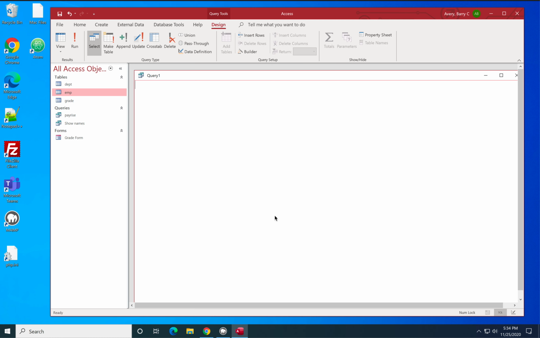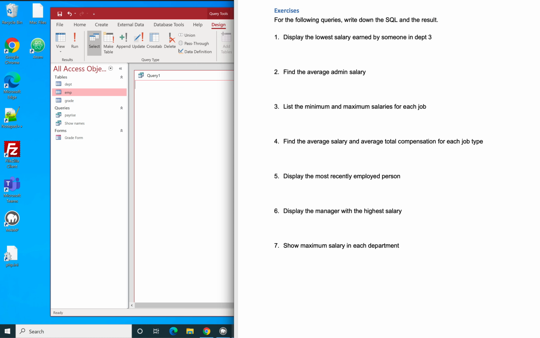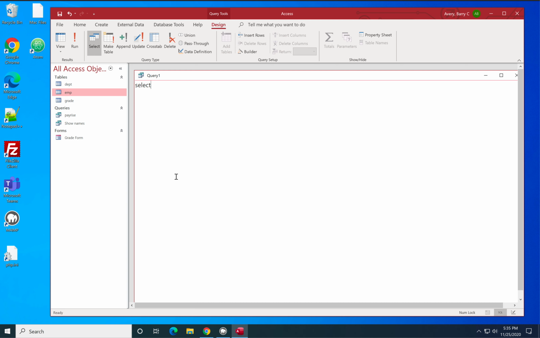Set of questions that we have. So we've got: find the average salary and average total compensation for each job type. Looking at this, we know we're going to be working with salary and compensation, so that's sal and com, and we want to work out the average of those. We know it's going to be select from, I always start with select from where,